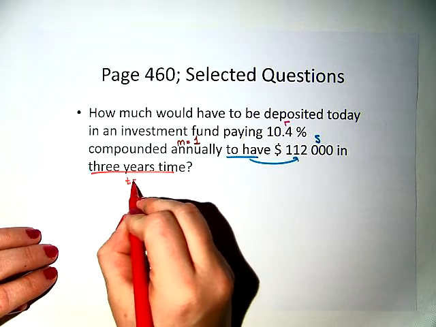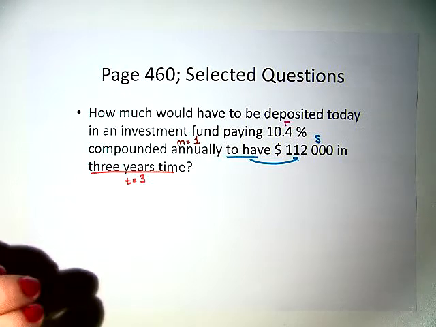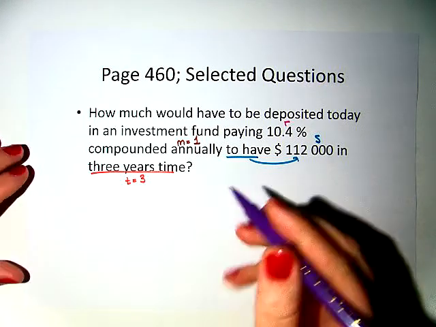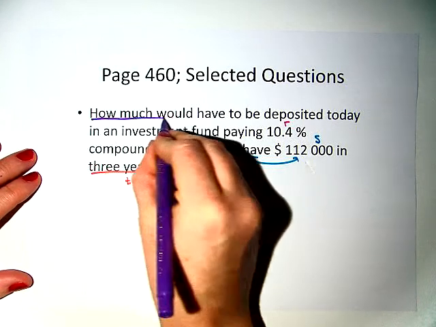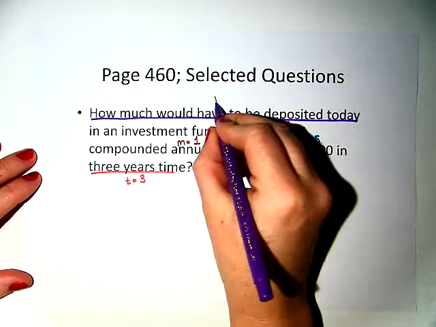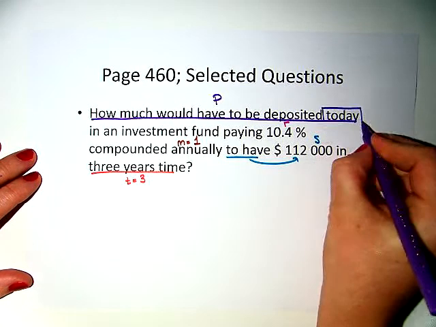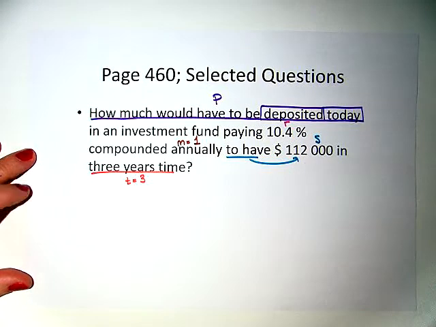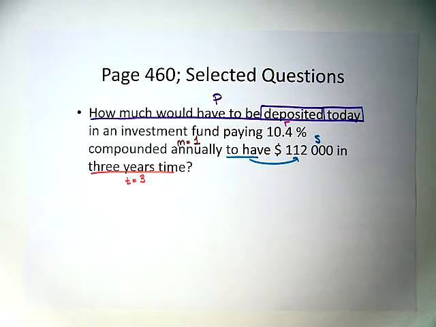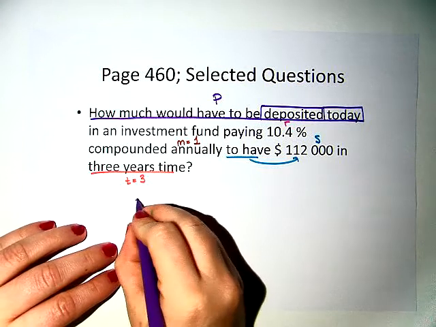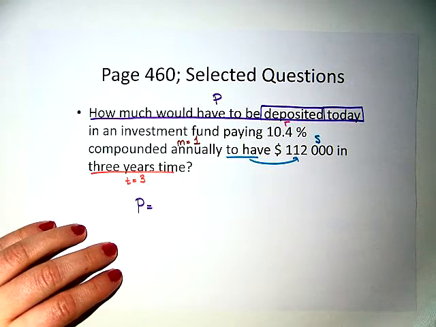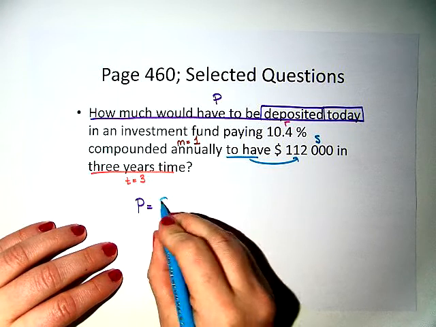So my time is 3. So what we're actually looking for in this is our P. And some of the key words are today and deposited. Okay, so for this, we're going to be looking at our discounted value. So P equals, and we're going to go ahead and do the one with the negative exponent this time, S